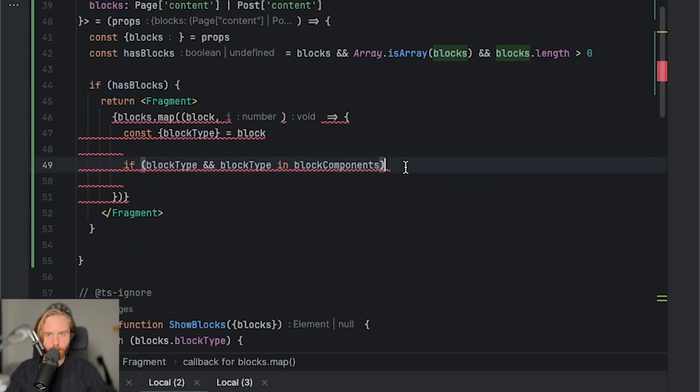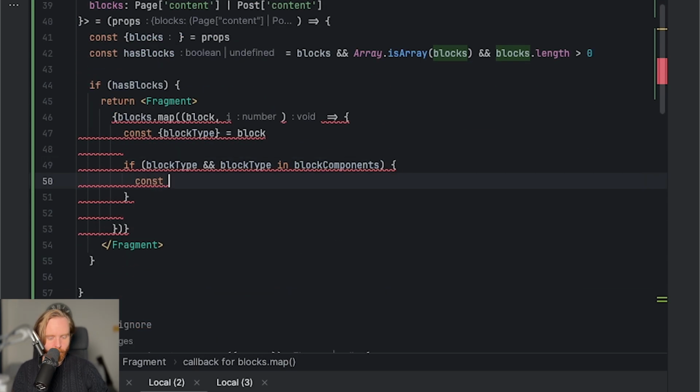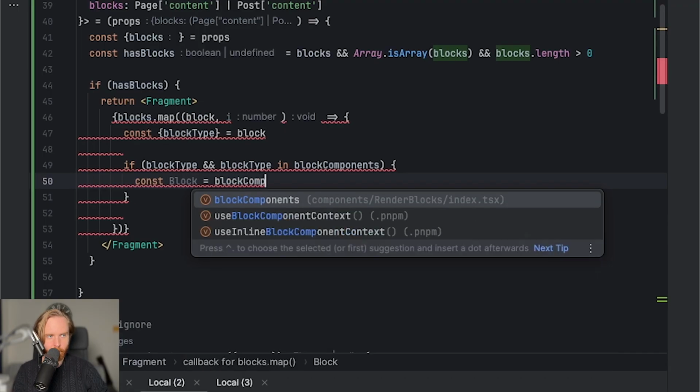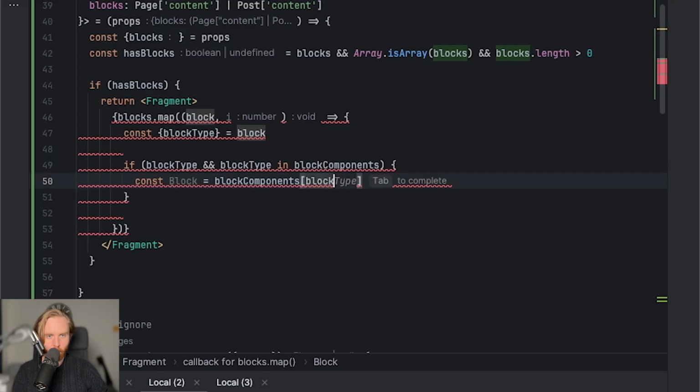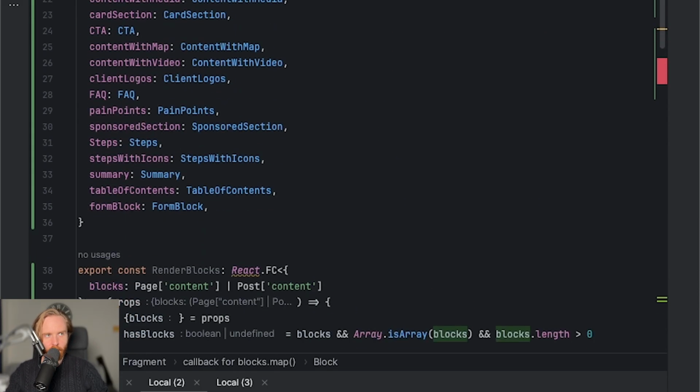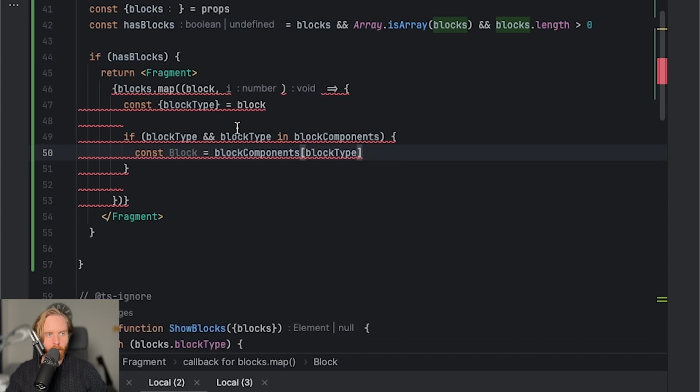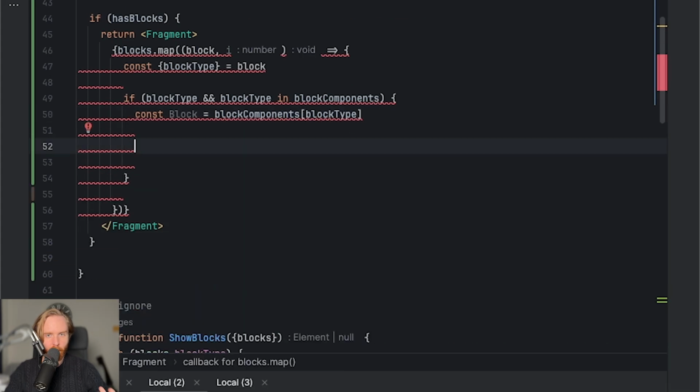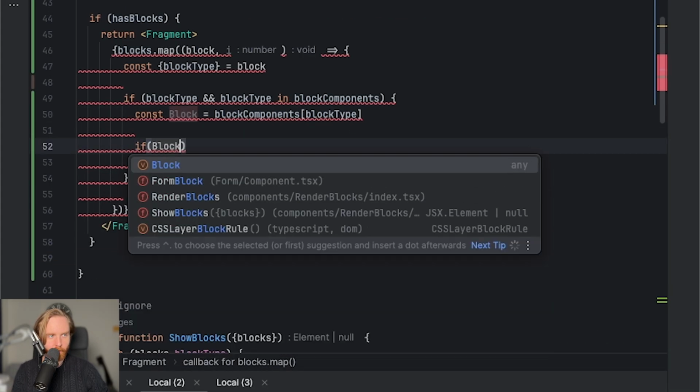So if that is true, we then are going to return a block that's going to search in that block components for our block type. So that will return out of here the actual component from the block components object. That will then be created. If there is a block,